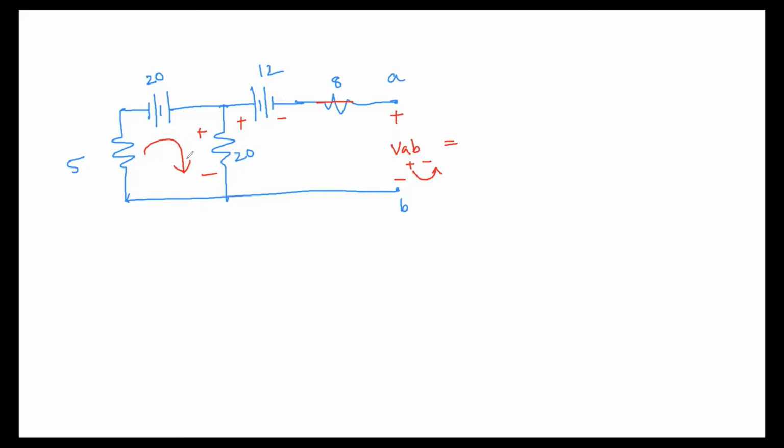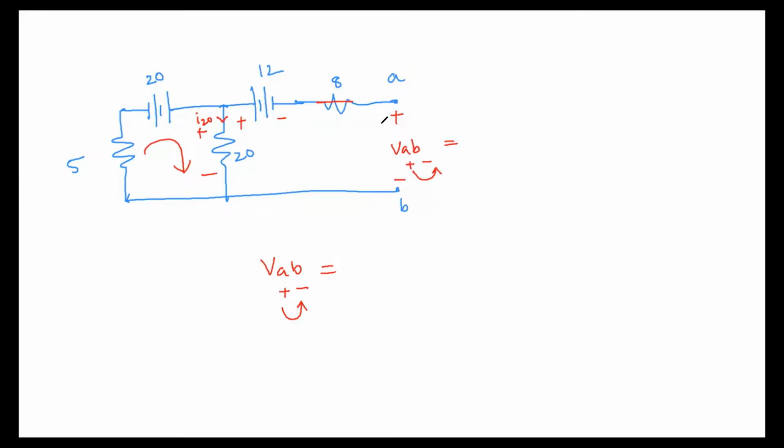So first you find the current flowing through this loop. While finding the current, you can remove this 12 volt also, right? So try to find the current. First, we will write the equation for VAB. Let us say the current in this branch is I20. Now first we will write the equation, so we come to know all the things we require, and then we will find.